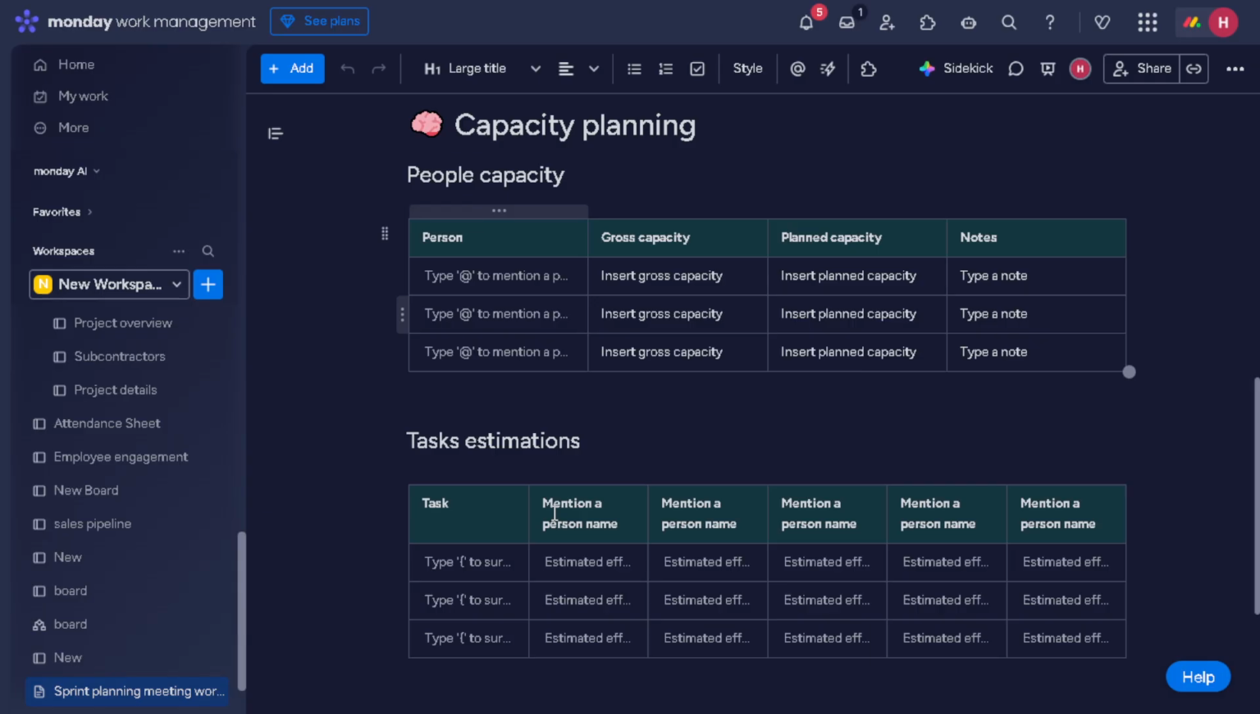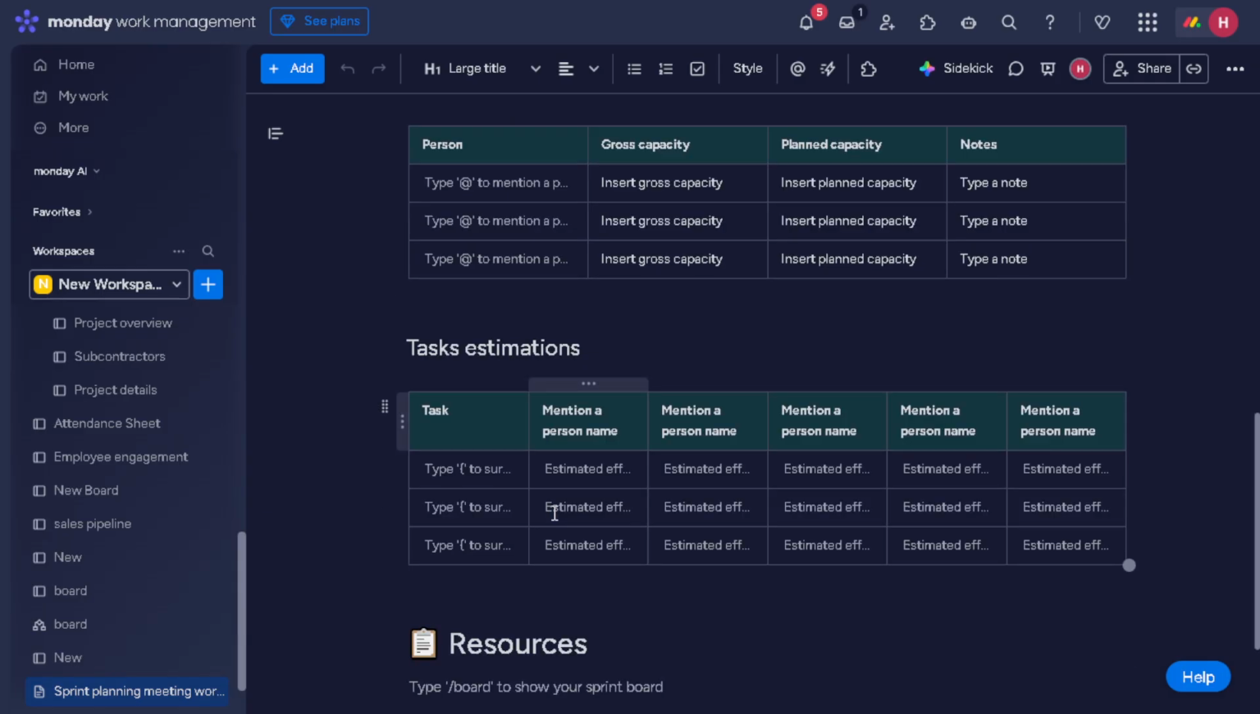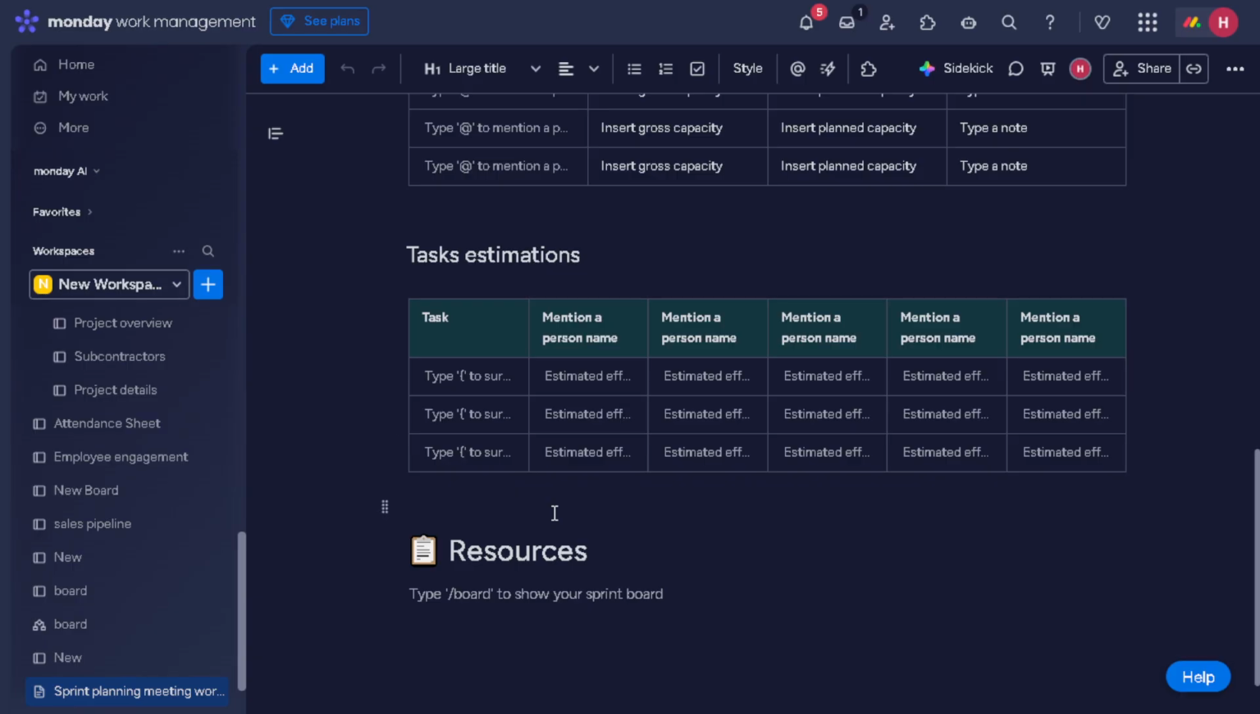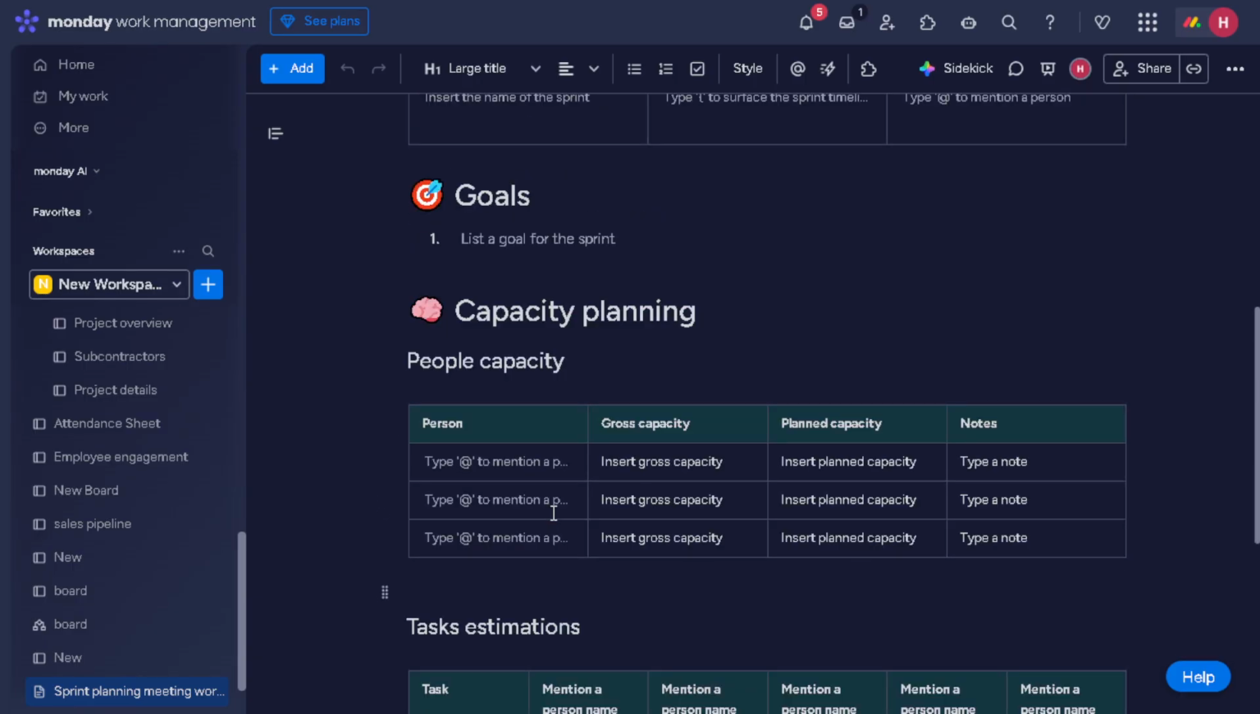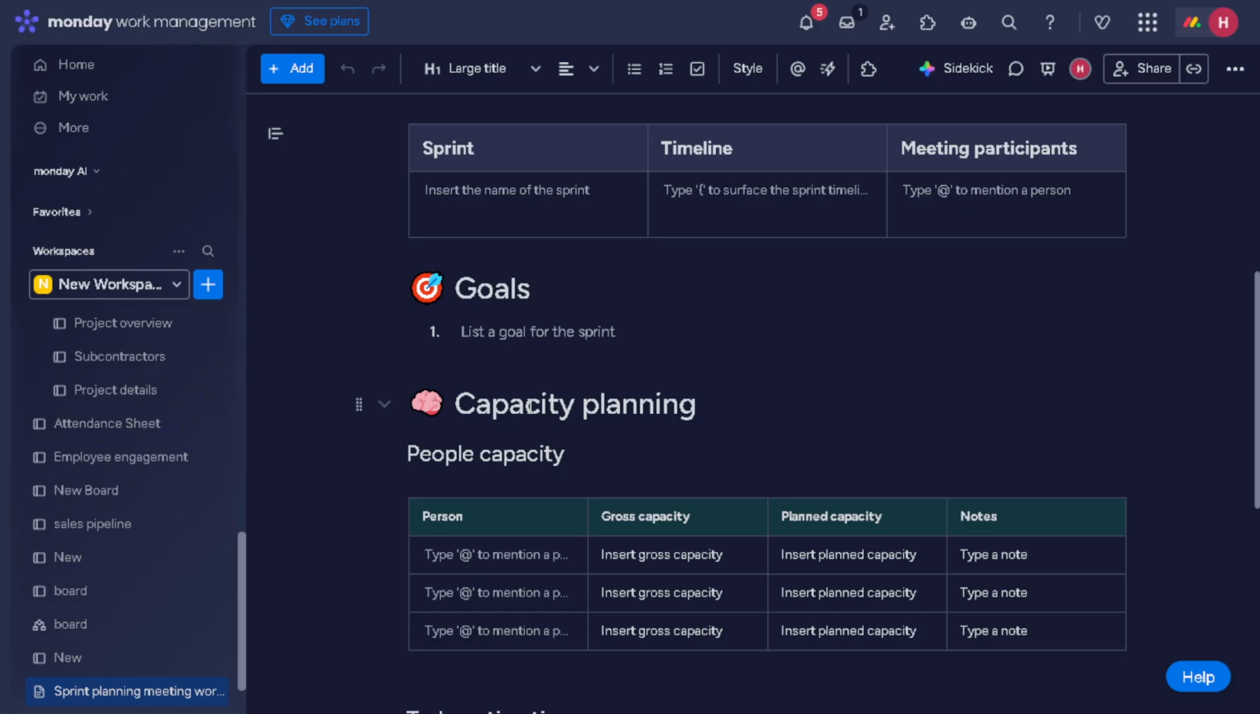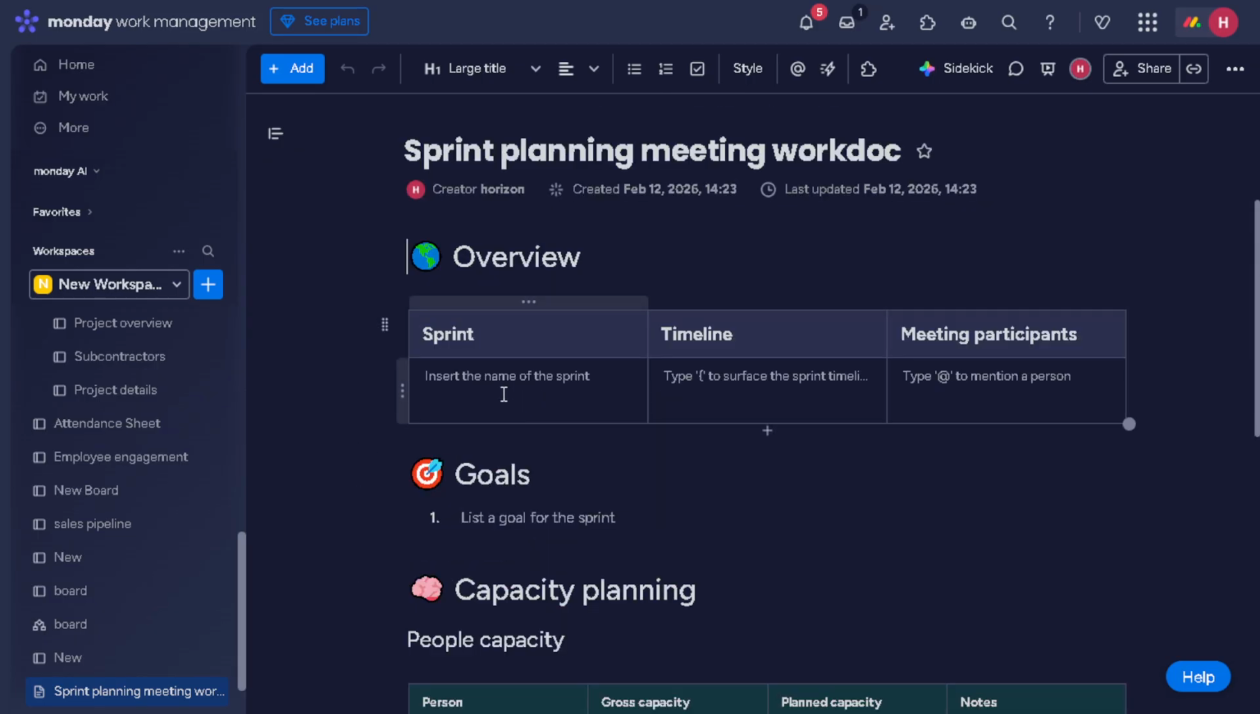The next step is to update your columns. Start with the Owner column. Here, you'll assign tasks to specific team members so everyone knows who is responsible for what. Next, look at the Status column. It's important to update this regularly to reflect the current state of tasks, whether they are in progress, completed, or